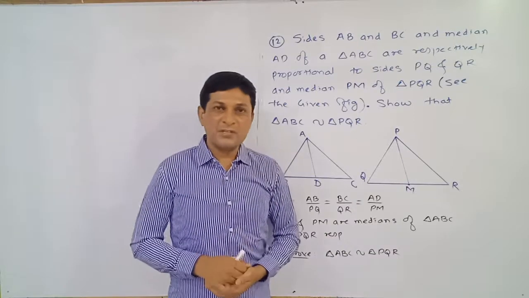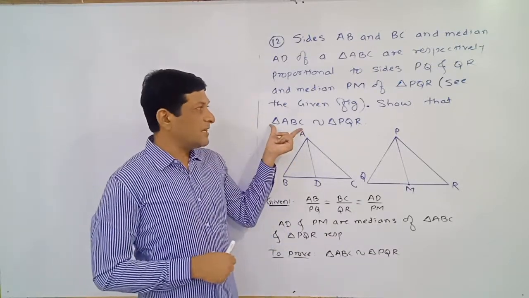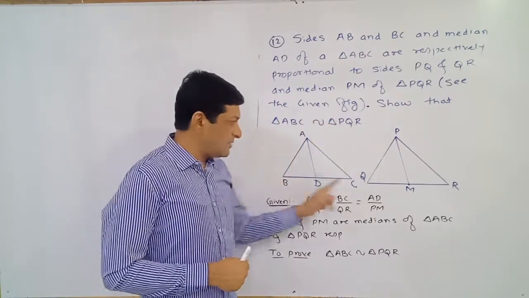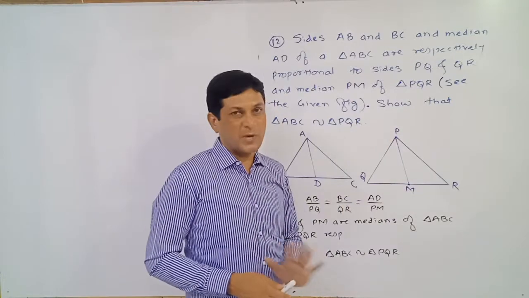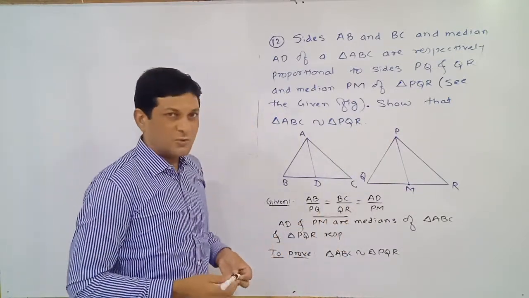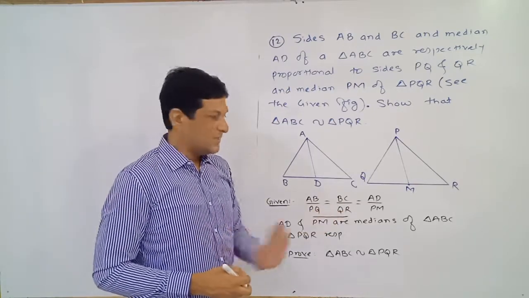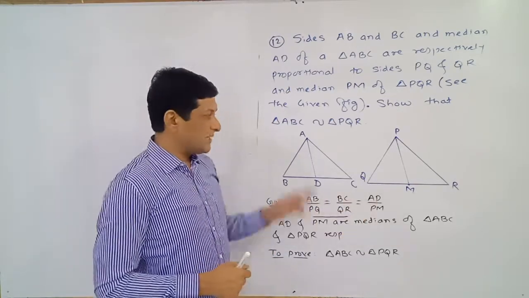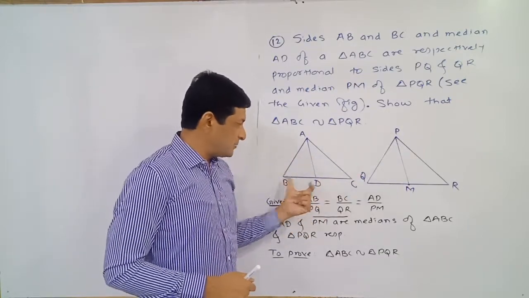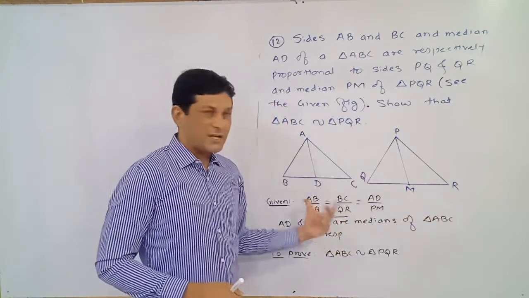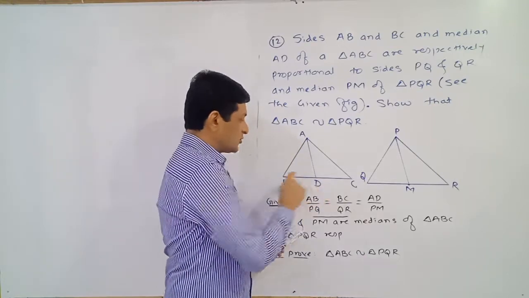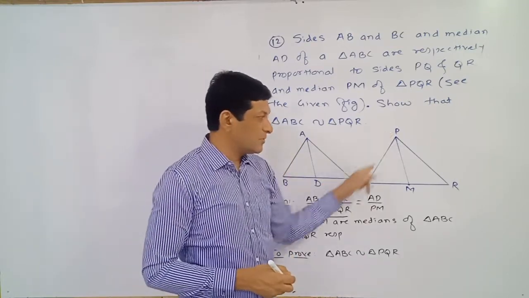Using these given conditions, what do we have to prove? Triangle ABC is similar to triangle PQR. If you observe the given condition, AB upon PQ is equal to BC upon QR, which is also equal to AD upon PM. For these two triangles, the ratios AB upon PQ and BC upon QR are equal. Then which is the angle included in these two sides? Angle B. And the angle included in PQ and QR is